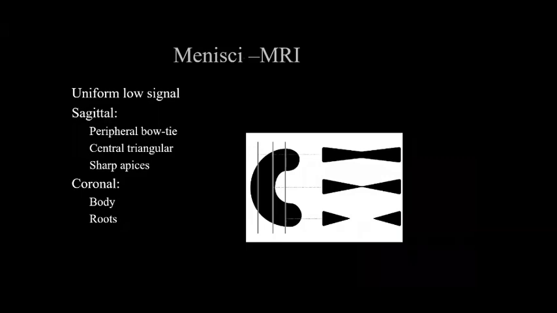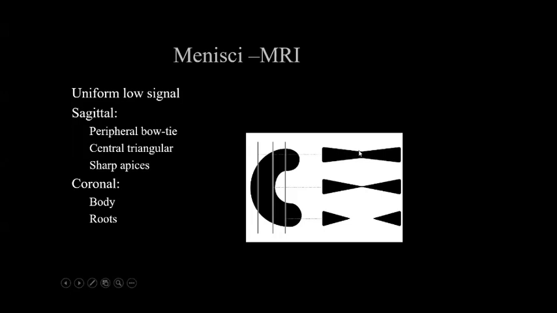The appearances of the menisci on MRI, as I mentioned earlier: it is homogeneously hypointense on the short TE sequences such as T1 or proton density sequences. The menisci appear, if you scroll through the sagittal plane through the menisci, whether the medial or lateral menisci,